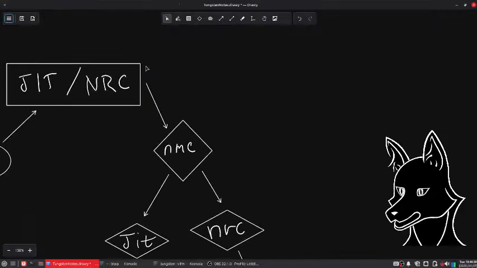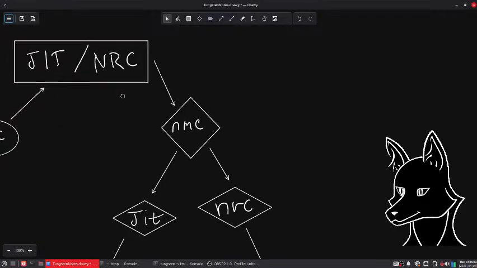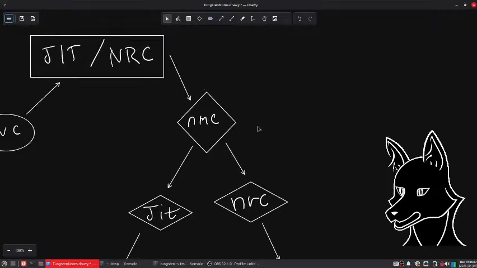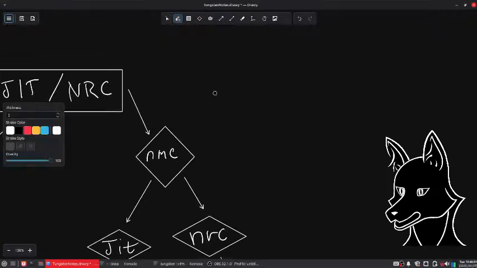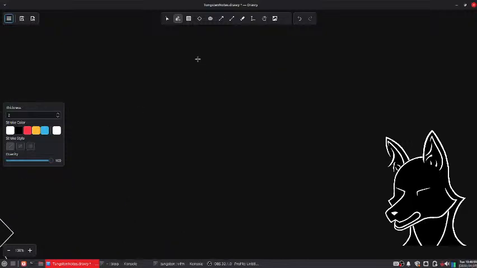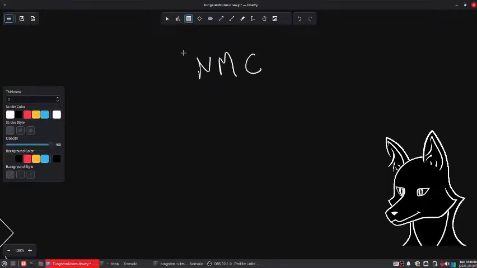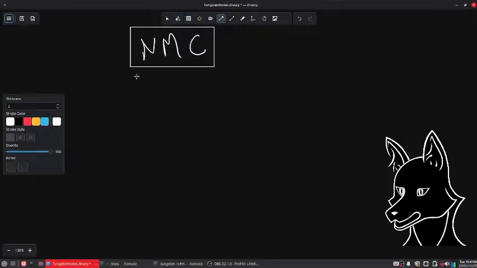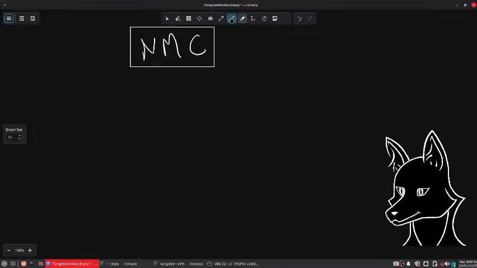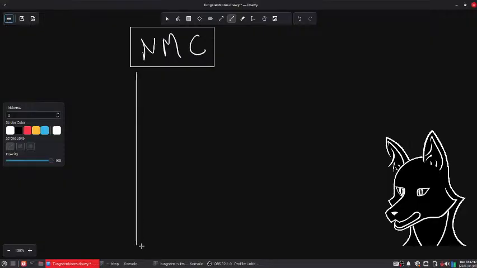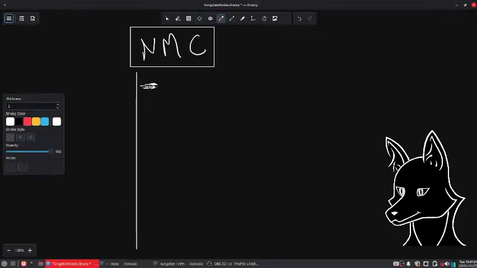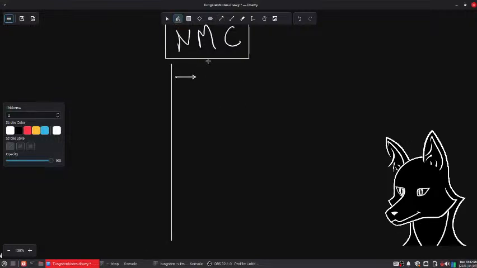And what the native machine code compiler, the NMC, is going to do is, first, it reads the universal bytecode,